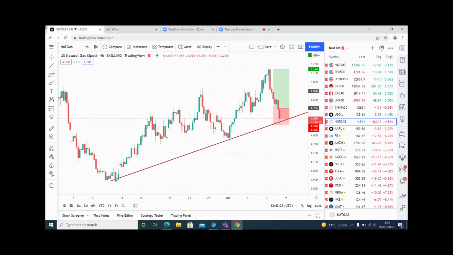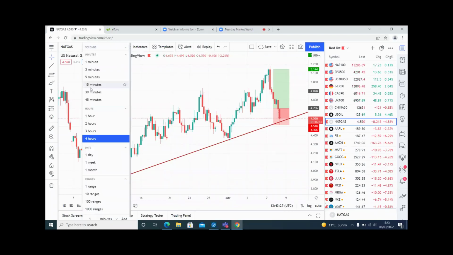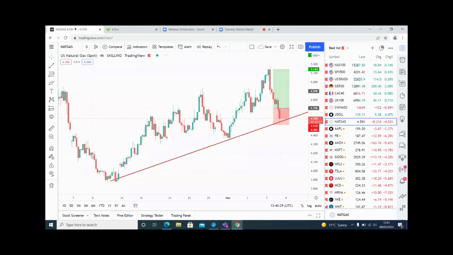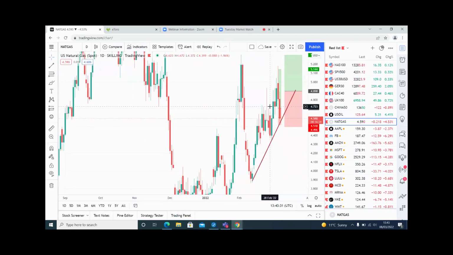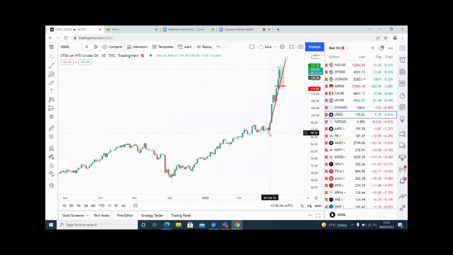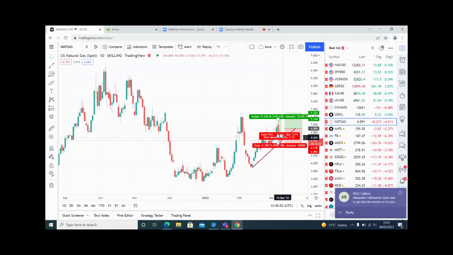And the reason why oil is a better trade is because if we look at the daily chart, it's in a phase 2. Whereas if we look at the daily chart on oil, oil's in phase 1. Now, the negative about taking oil is it's massively late in this phase 1. It's not early, it's late in the phase 1. The positive about gas is that if it turns right now, we're getting the very beginning of that momentum upside.